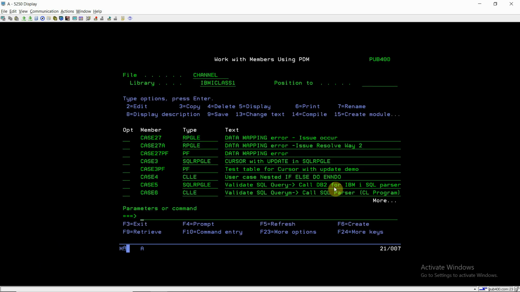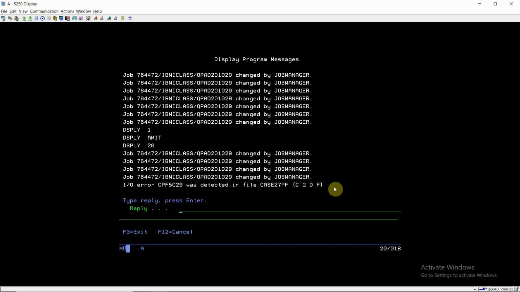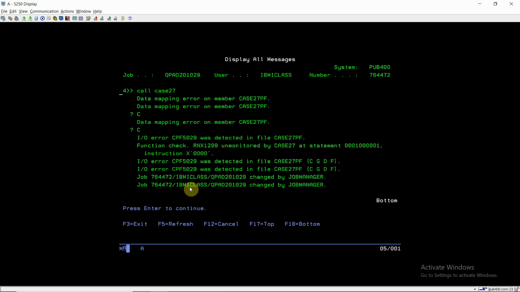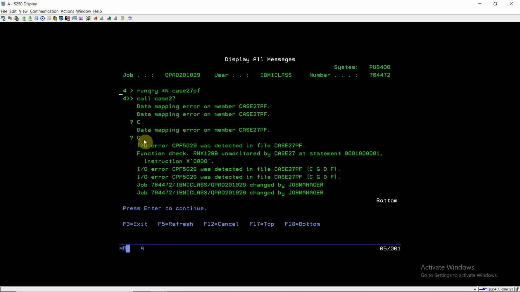Now if you call this program, CALL CASE27, you will get this error: input/output error 5029 was detected in file. If you look, press F10 and then Shift F6, and you can see this error here.